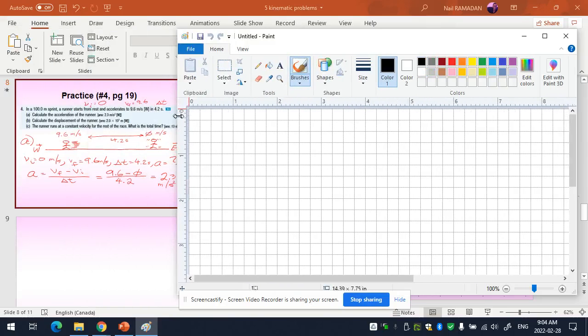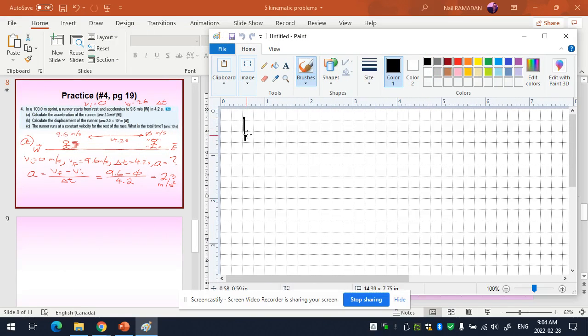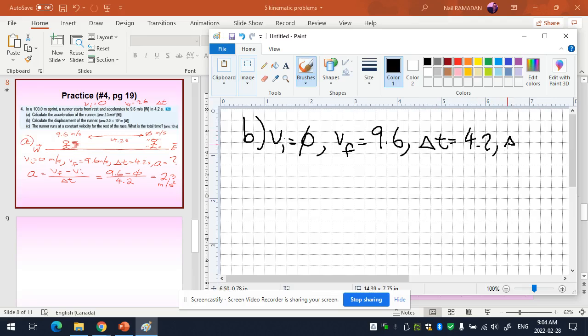Okay. Now, why can you use the second equation? Let's see. We have for part B, everyone, VI also equals 0, VF is equal to 9.6, delta time is 4.2, but now I need delta D equals question mark. What's missing from the list here? Not what's unknown. What's missing? Acceleration is missing. Which equation does not even care for acceleration? And that's why it doesn't have it. 1, 2, 3, 4, or 5? The second equation. So we're going to use equation number 2,